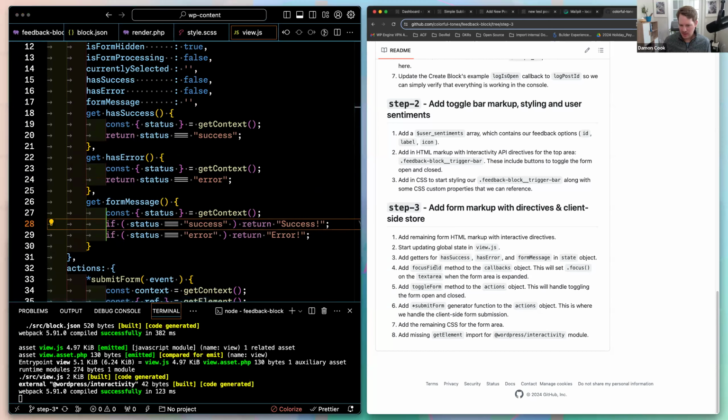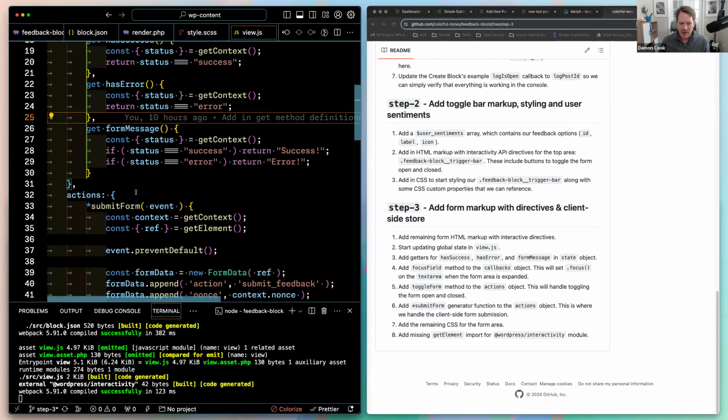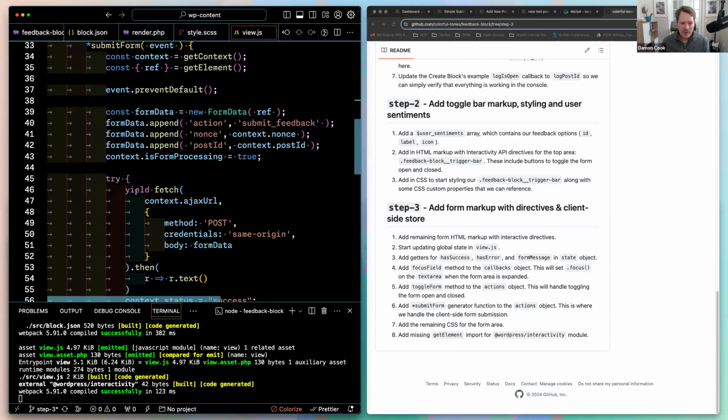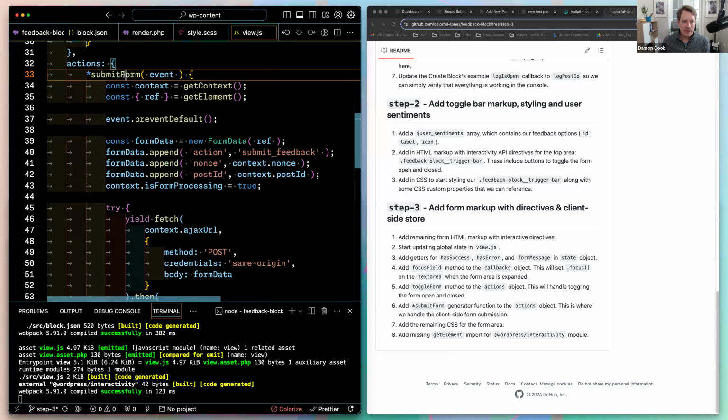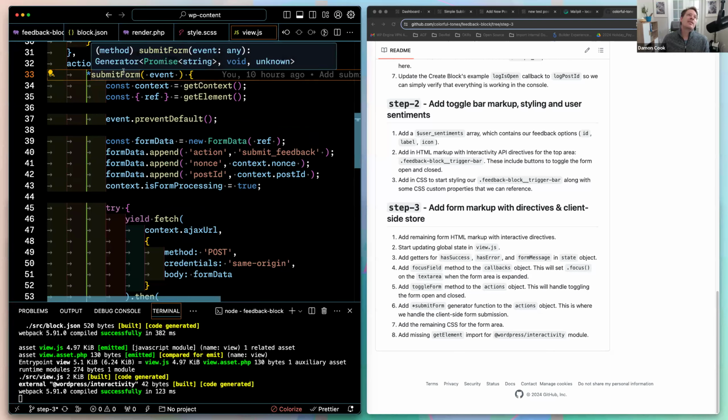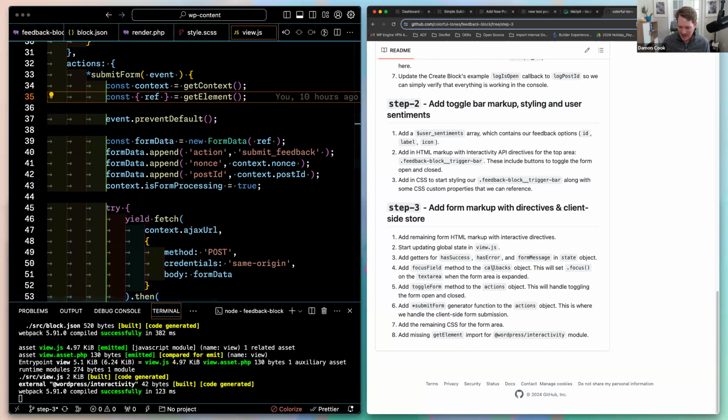And I guess, let's see. Yeah, okay, so step 3. This is where things start moving fast for us, because we start adding the submit form logic, which is wrapped in a, what is this called? I just actually learned this recently. I think I put it in my notes here. The generator function, yes. This was a new concept to me